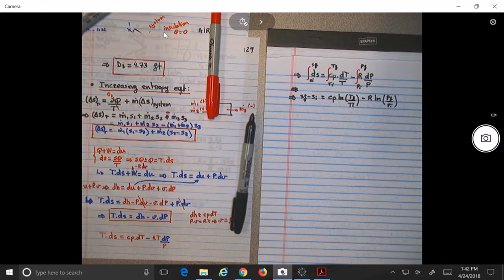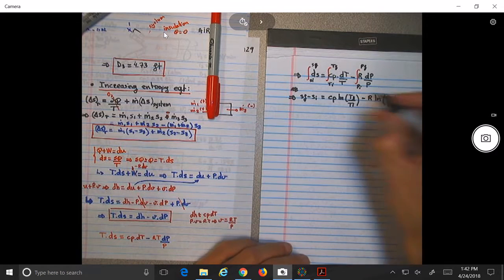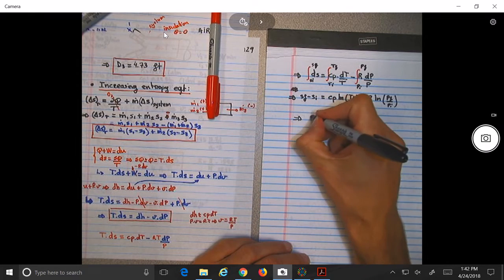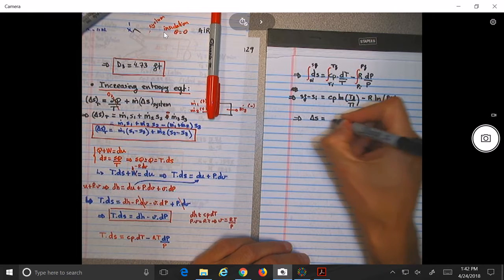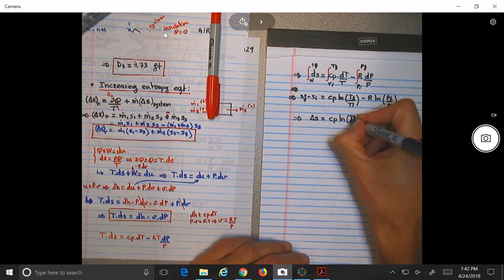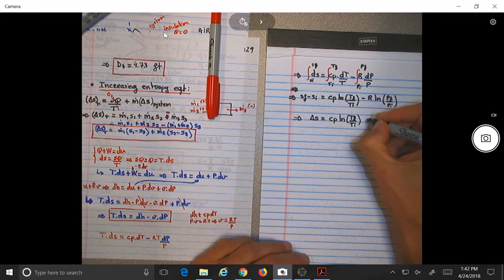Since Cp is more or less constant for an ideal substance, you have the dT over T becomes log, and dP over P becomes log. So basically at the end we have a relation which is the change in entropy is equal to Cp log T final over T initial minus R log